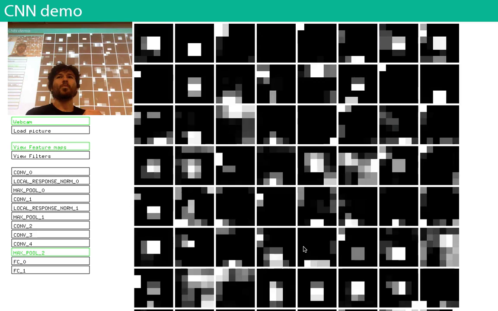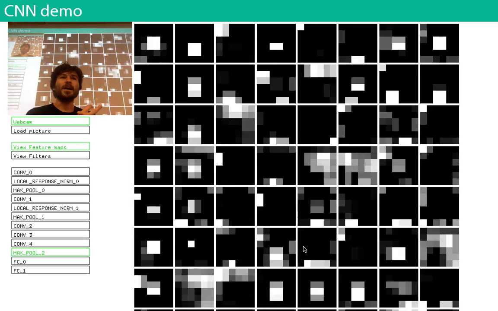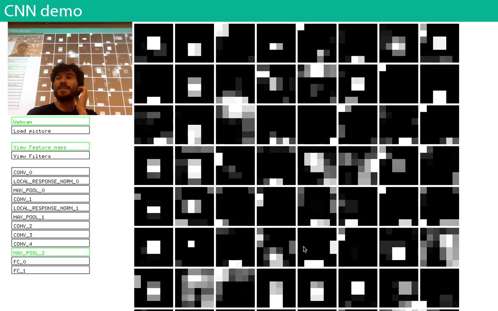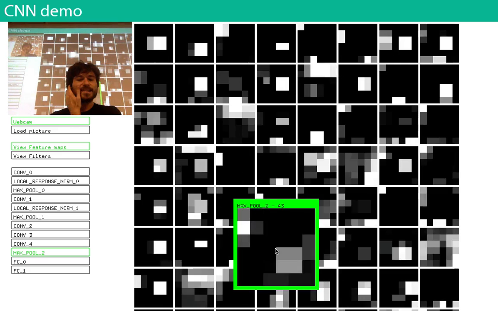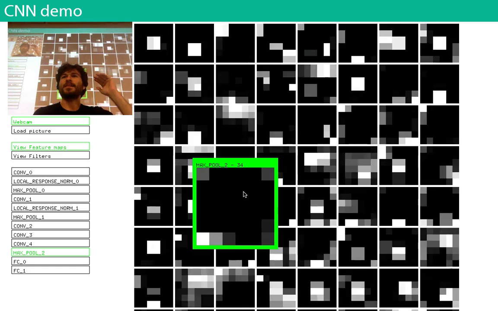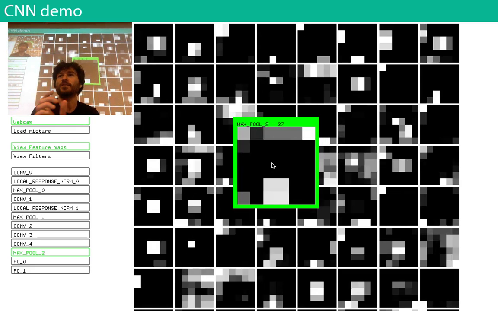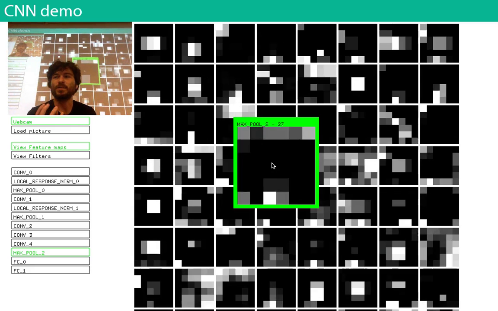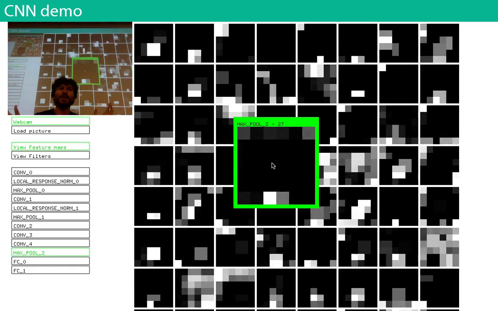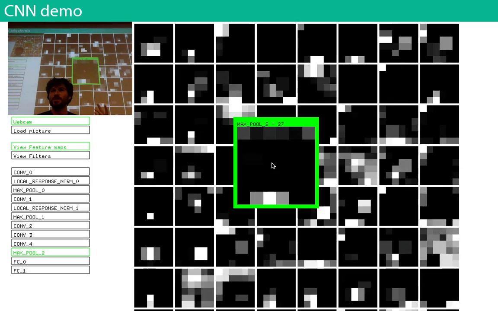But what's happening here is that we're building what are called feature detectors. And when I say detect, I mean in the sense that the brighter it is, the more it's detecting of that feature. So all of these filter maps are trying to look for a particular kind of feature, and they light up when they see that feature. Feature is a very abstract term. In the first layer, a feature is just some series of edges or a gradient or something.